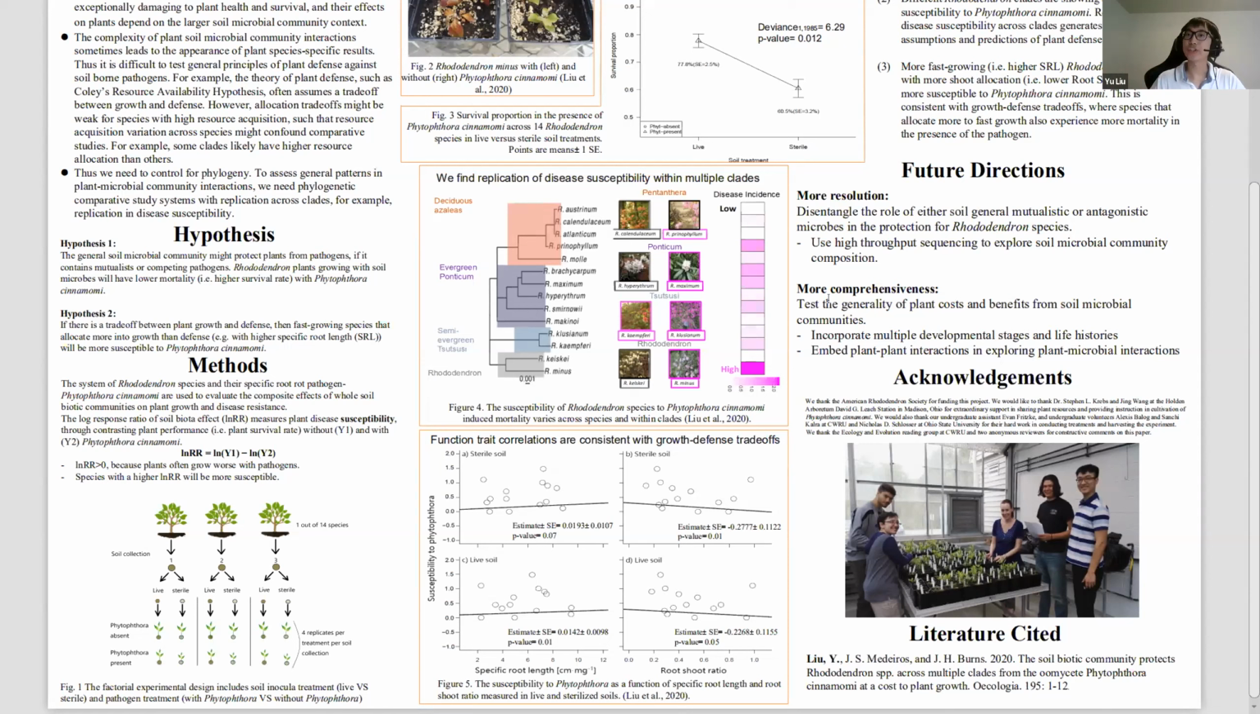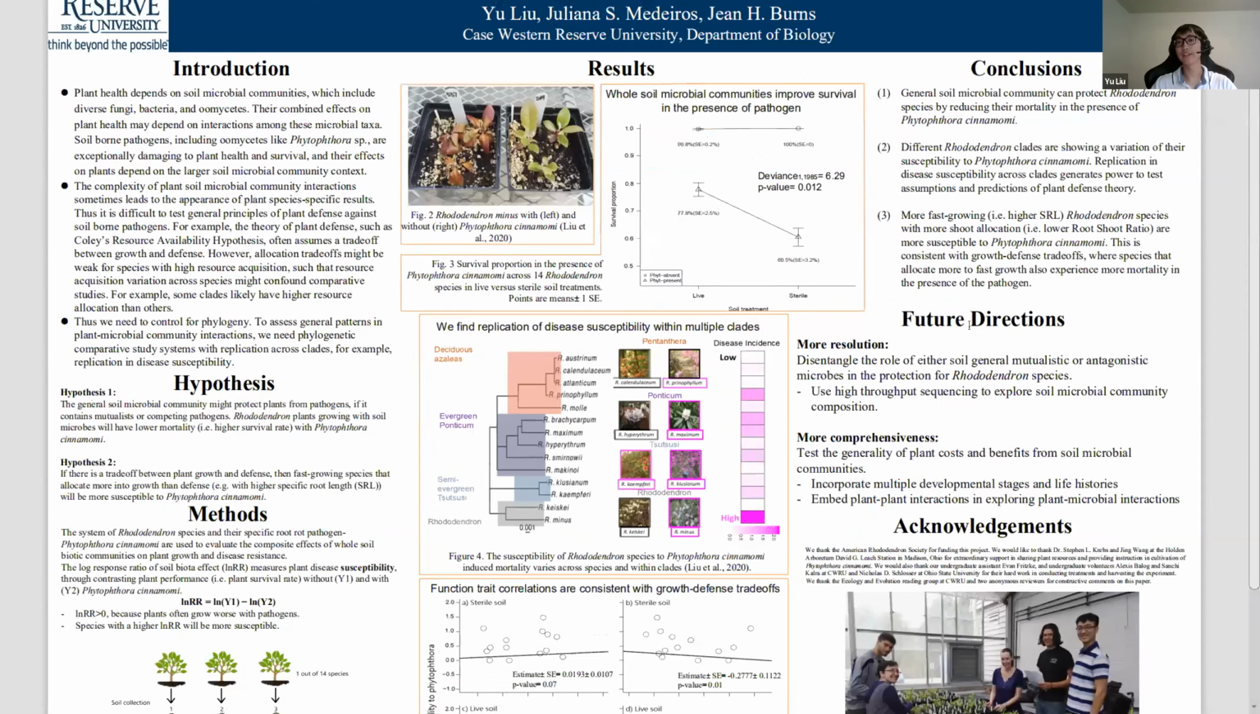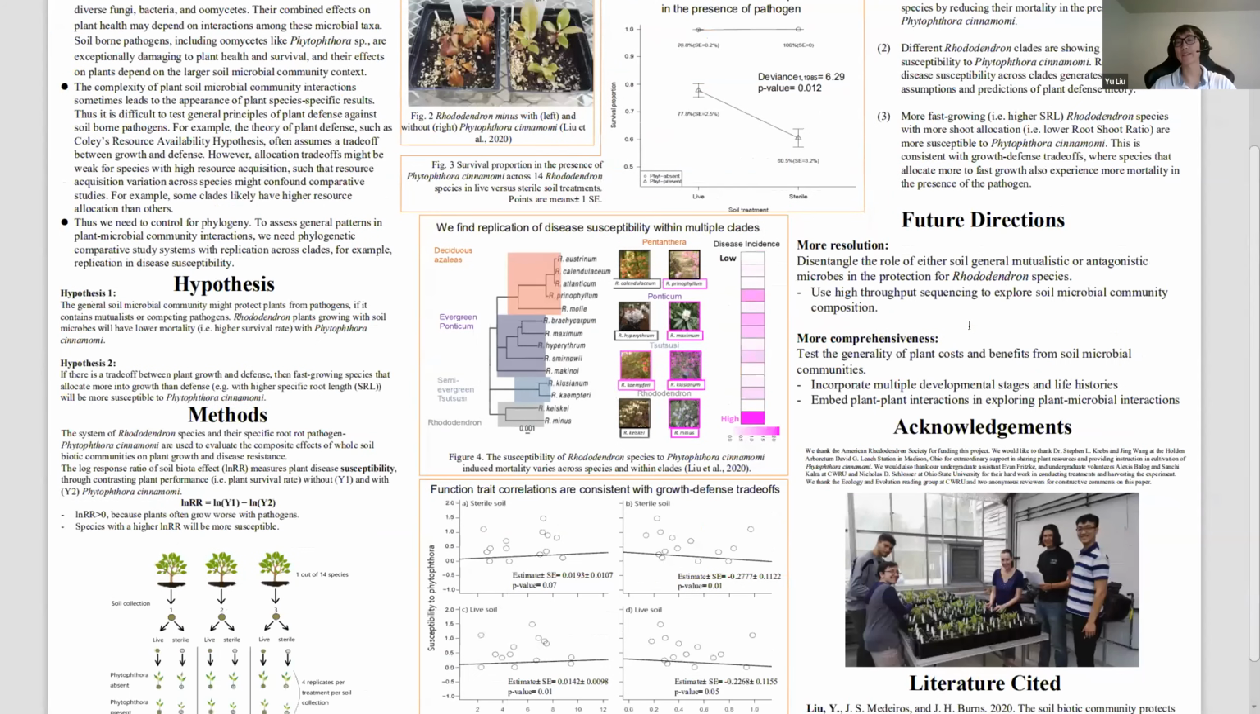And this is a short summary of our conclusions. For my future directions, I want to further study the plant costs and benefits from the soil microbial community. Genomic technology, for example high-throughput sequencing, can better explain the mechanistic role of the soil microbial effects on plants. In addition, testing the generality of the plant costs and benefits from soil microbial